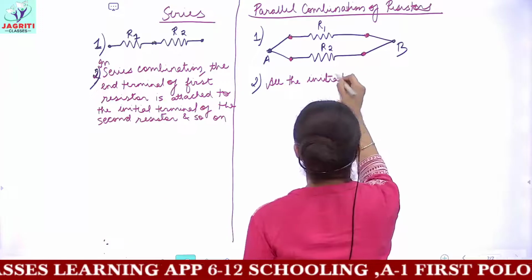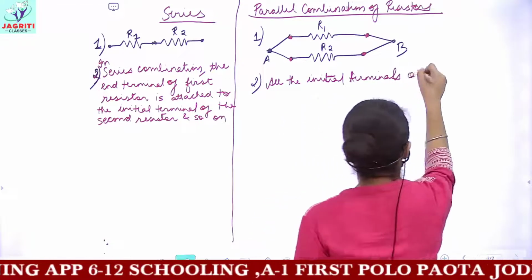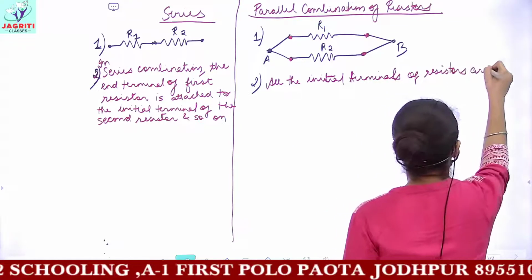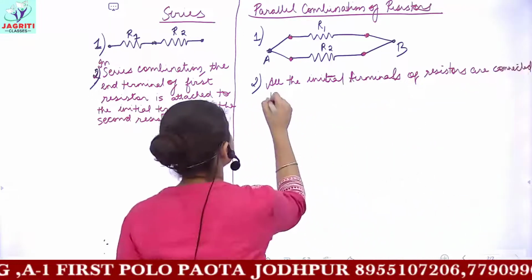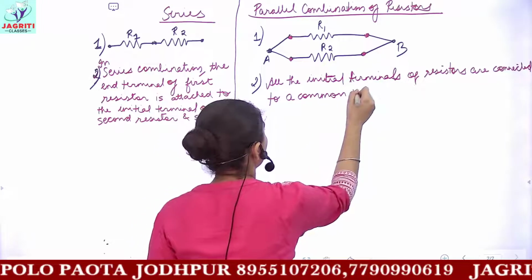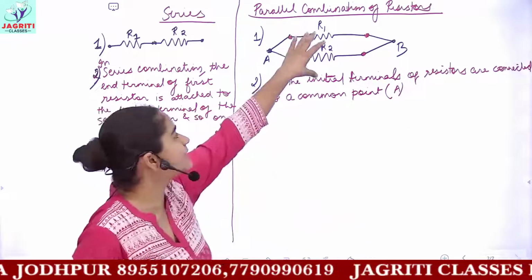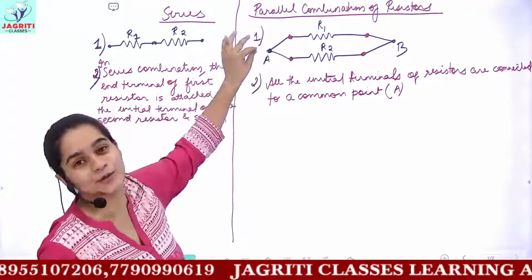So all the initial terminals of resistors are connected to a common point. Here this common point is A, okay? So all the resistors have a starting point or initial terminal which is connected to common point A,